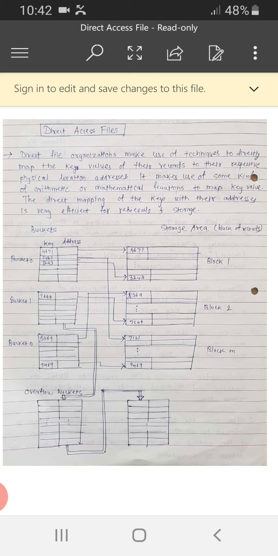You can see that inside the blocks the records are not in a particular sequence, they are randomly placed. Below you can see the overflow bucket as well. So just by using this type of direct access, the retrieval and storage process can be done in a time efficient manner. Hash functions